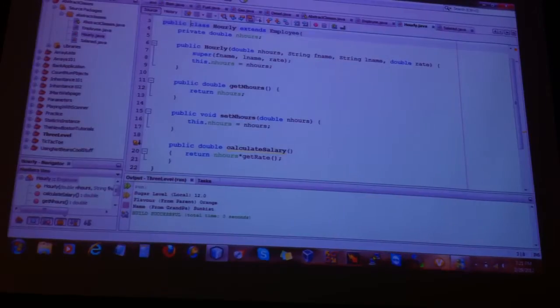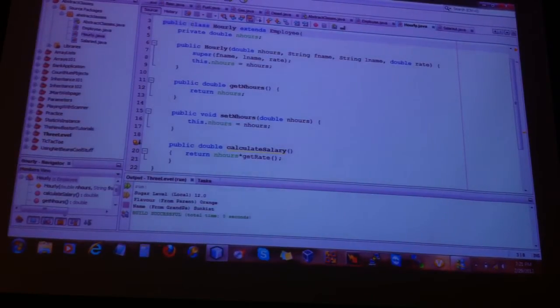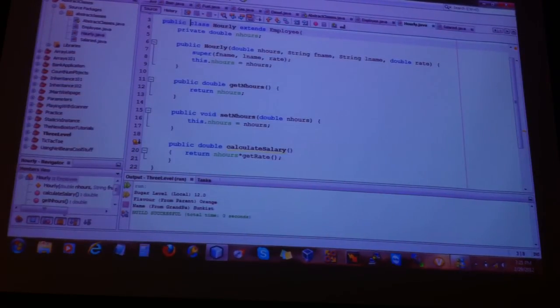Have they done interfaces in your class already? Yeah? Okay, good. We're going to cover that now. Okay. So you've learned about abstract